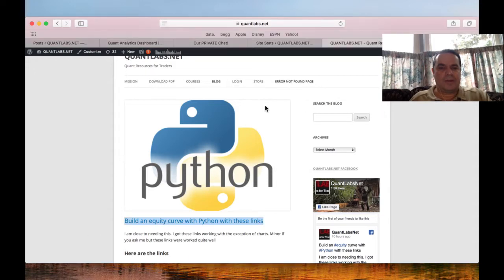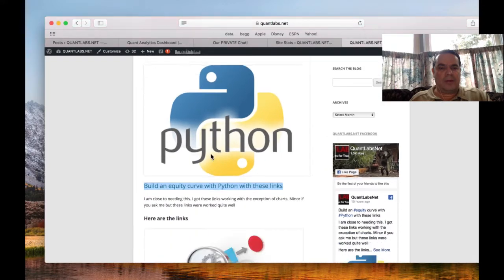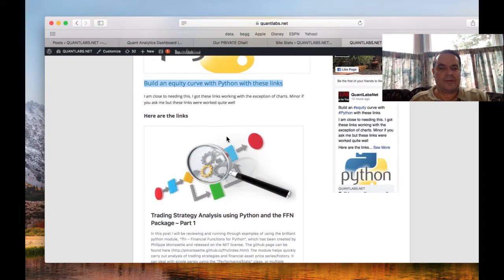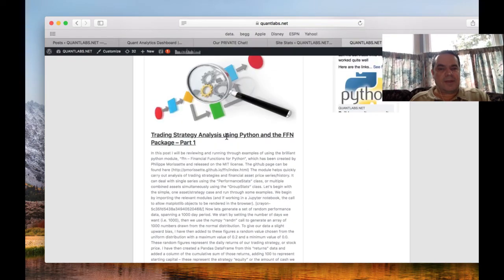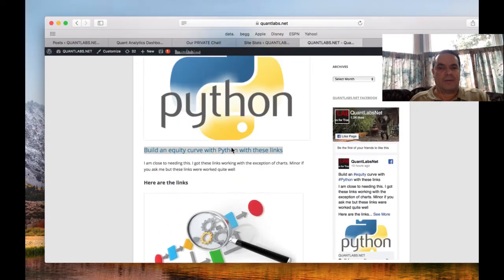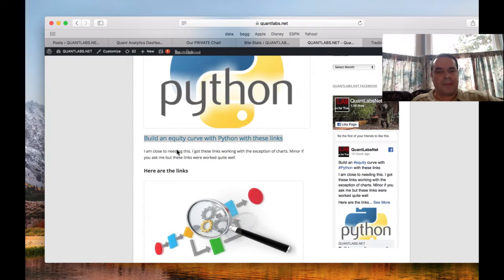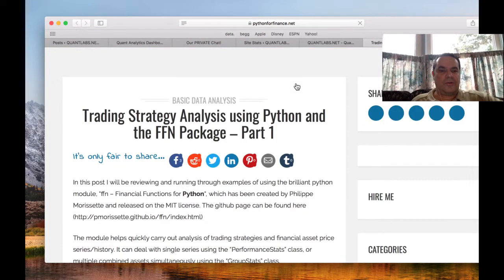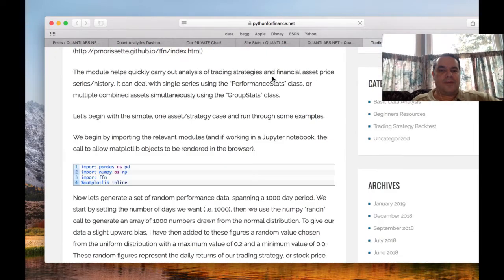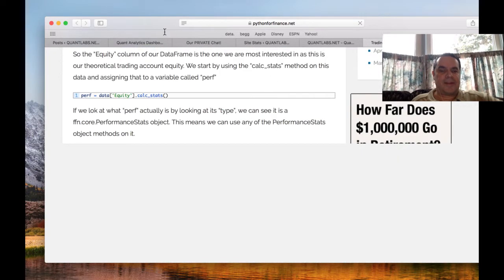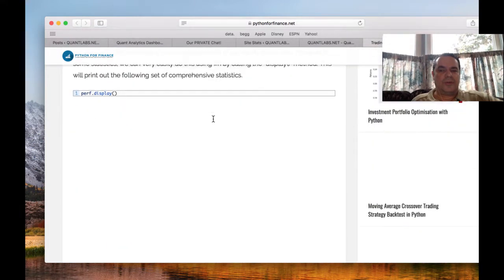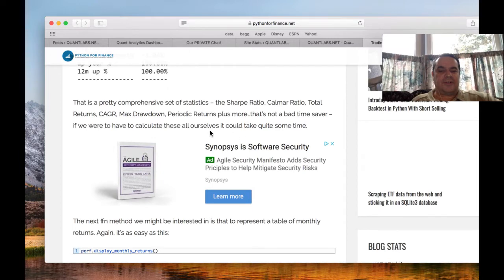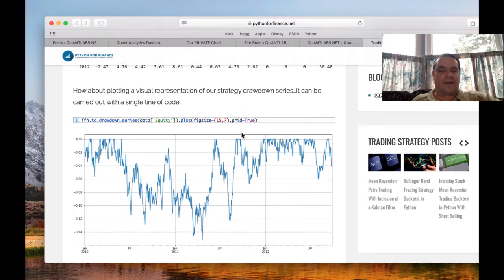And the topic is going to be how to build an equity curve with these links. Now, there's two source coding examples I got them from. So this is the first one. So you can go over to the blog and capture that headline again. Just go to my blog at quantlabs.net/blog. Look for an article called Build an Equity Curve with Python with these links. In this article, as it loads up, it goes over all the different ways to build out the necessities of a tear sheet that is used by investors for professional reasons to gauge if the so-called fund is worth